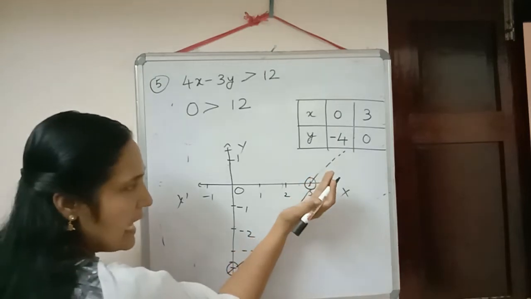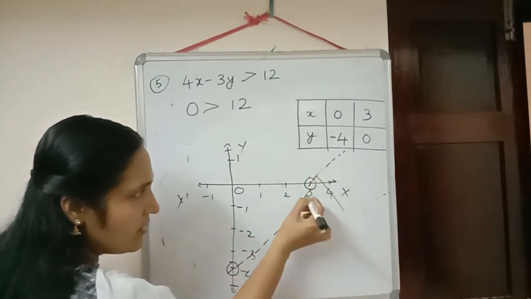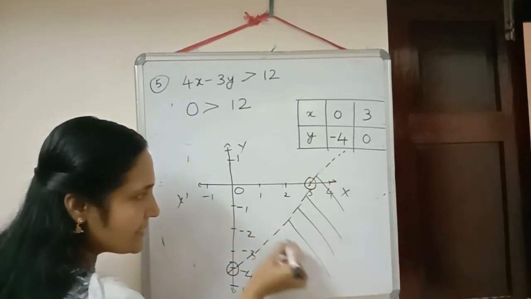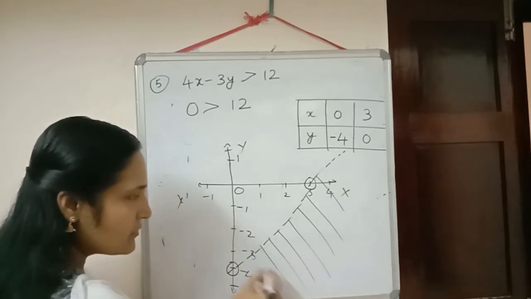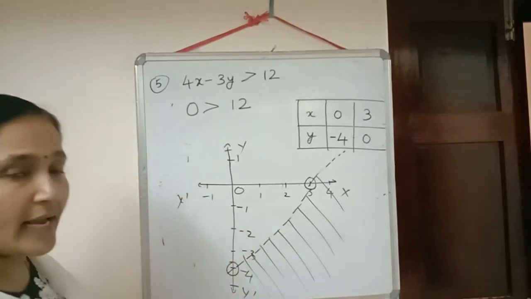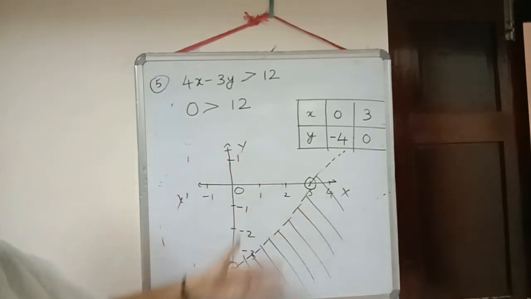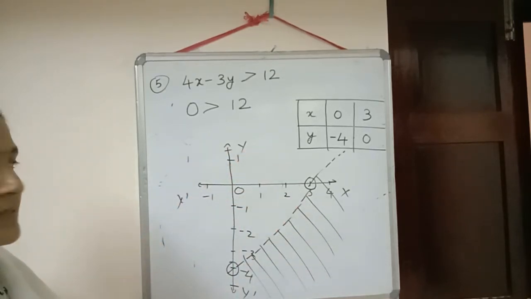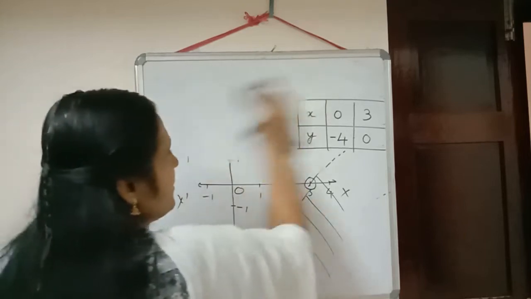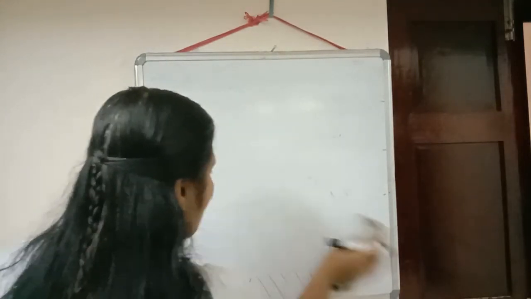This is our line. All the points on this line are not on the side where we have the origin. The solution region will be on that side where we don't have the origin. So the solution region will come in this way. Now I hope this concept is clear to you. Okay, now write down the next one. Some more questions we will do, so your concepts will be more clear.